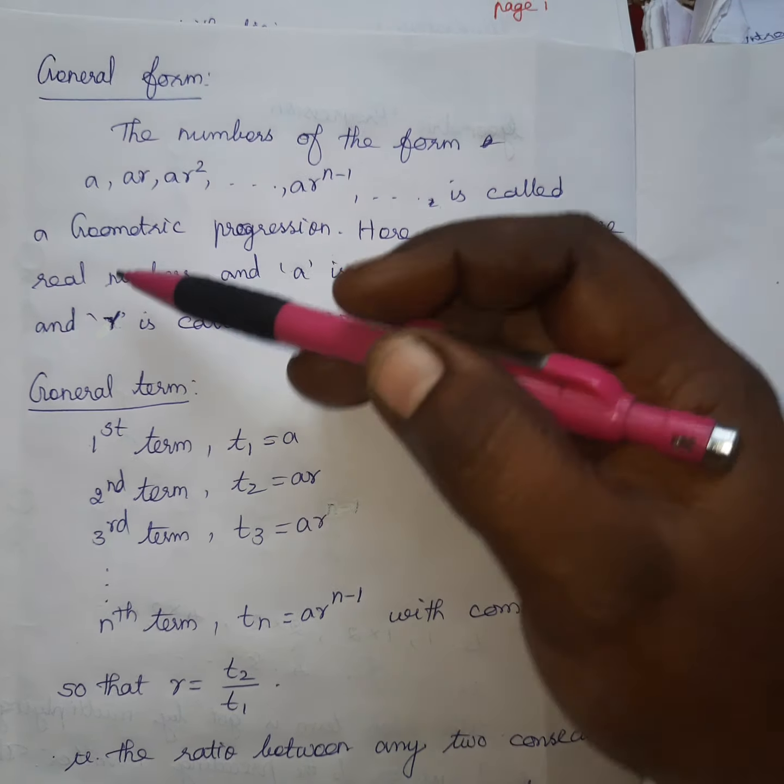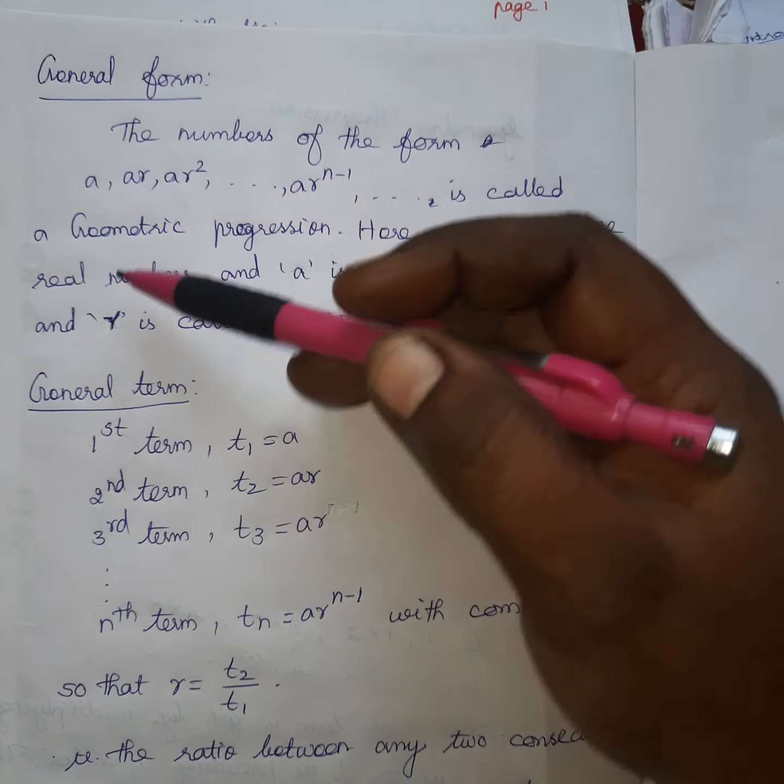First term power 0, second term power 1, third term power 2, fourth term you will get as a r power 3. So the power is 3, like that way. So the nth term, nth term means power n minus 1, so a r power n minus 1, etc. If it is finite, you can stop here. But whether finite or infinite, we don't know, so you can put etc.